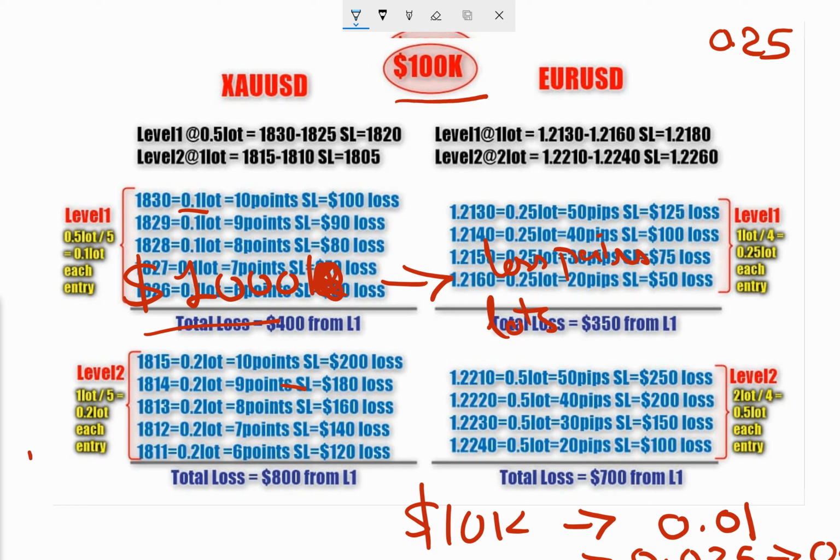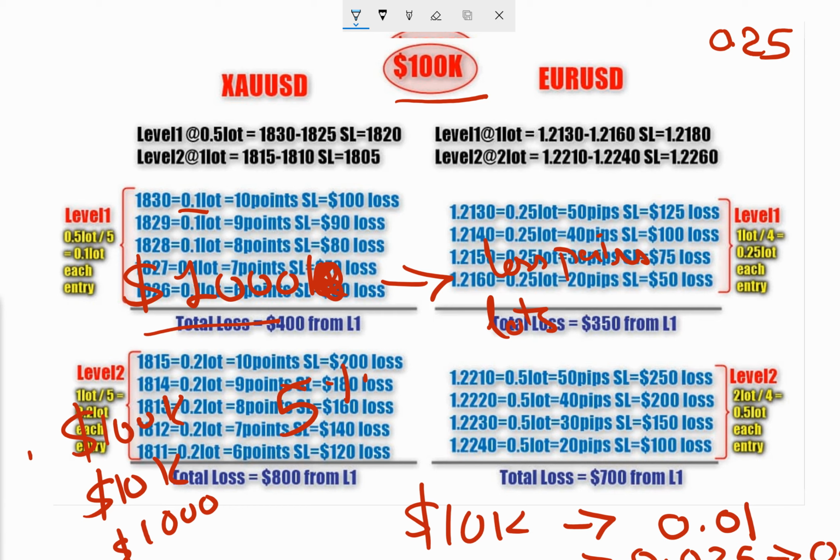For the 100k account, only 5% margin is going to be used. So even if you take a 100k account, a 10,000 account or a 1,000 account, whatever the account, only 5% margin is going to be used, while 95% of the margin will be kept open so we can apply more strategies into the account. Here this 5% of margin will be used only for this Telegram to MT4 copier.